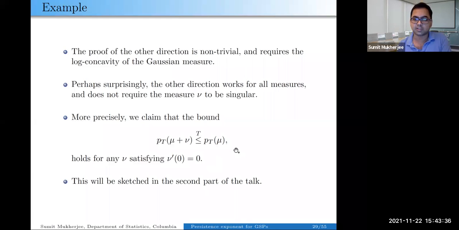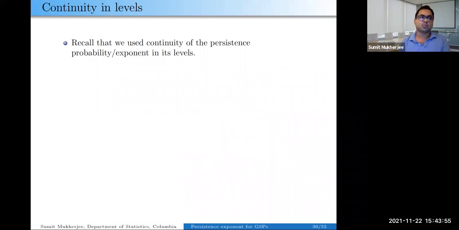And the proof of this I plan to sketch in the second half of the talk, but I'm not sure how much I can get into here, but I'll post my slides and I'm happy to take questions. So this is why 0 is special and singularity is also special. So one thing which we